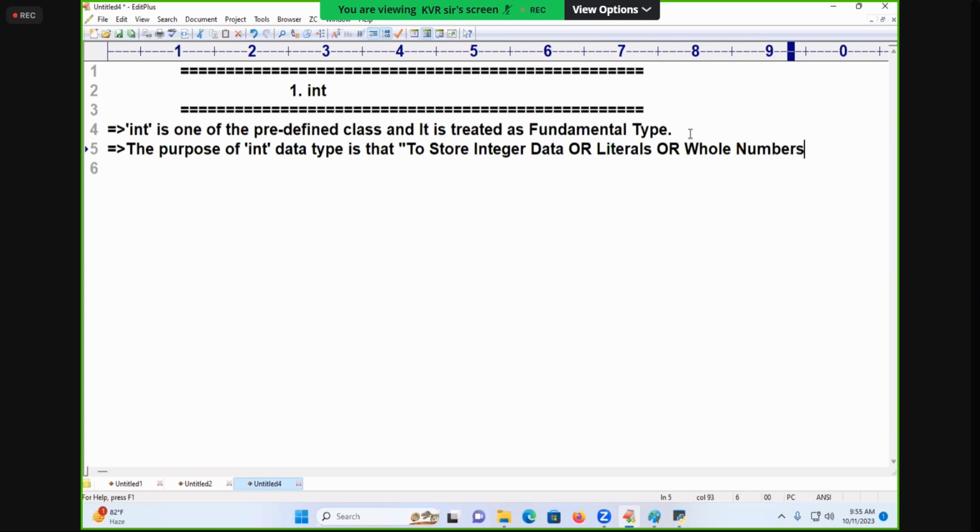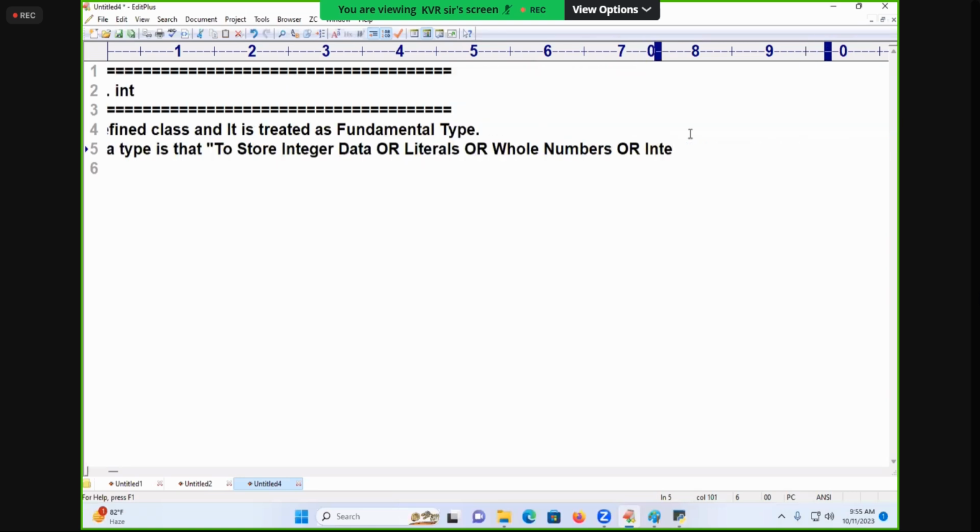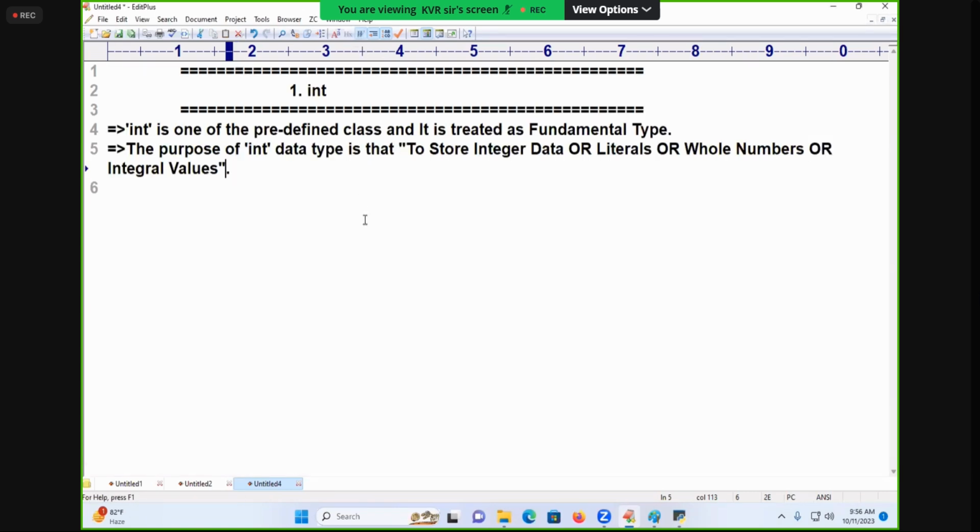This is a mathematics terminology. They are also called integral values. To store integer data, or literals, or whole numbers, or integral values, nothing but